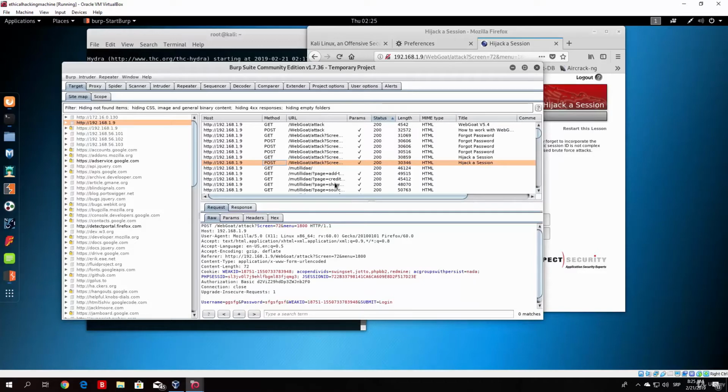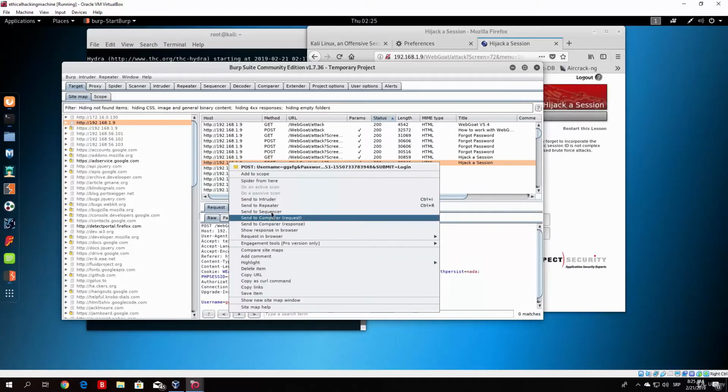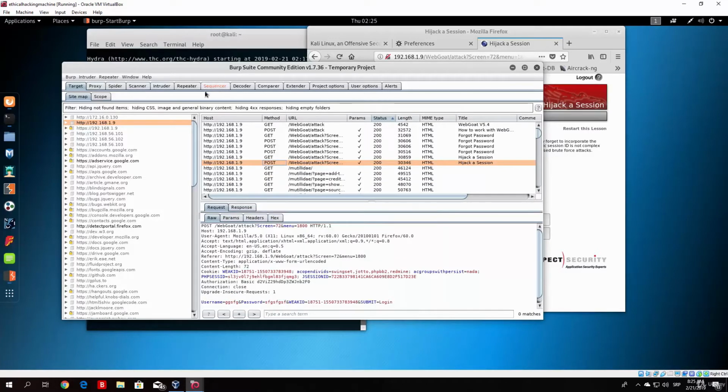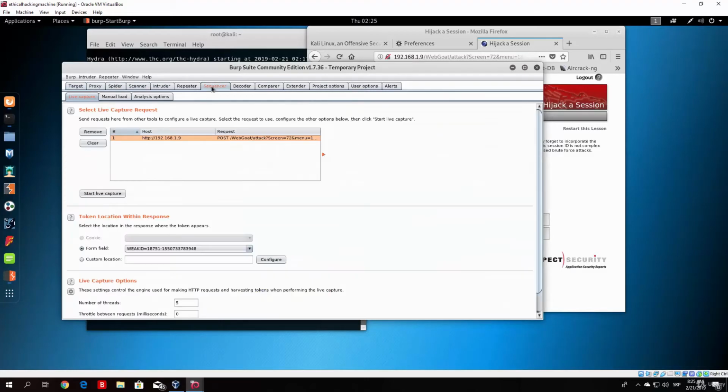So what we want to do from here is right click on the packet and send it to Sequencer. Once you go to the Sequencer, it will light up this part right here. Just click on the Sequencer and you will see that it already set the form field to be weak ID right here. It gives you a bunch of other options. What you want to select is your session ID. And once you do that